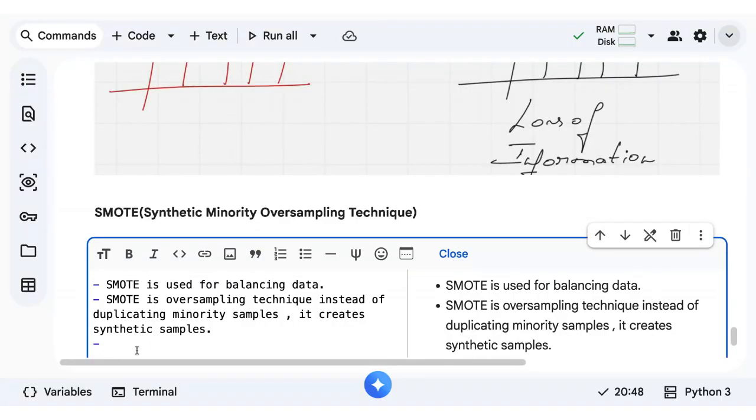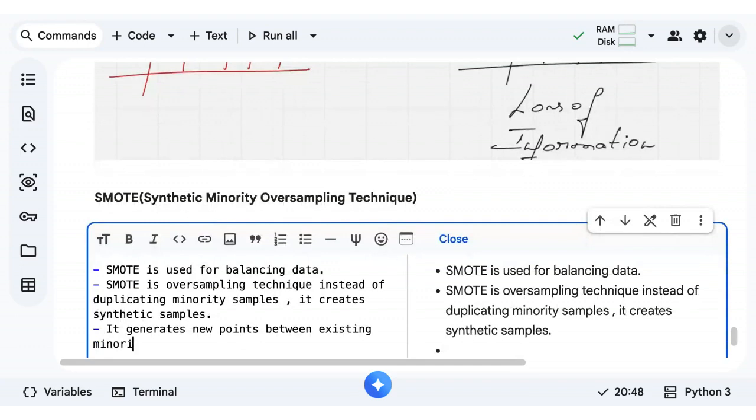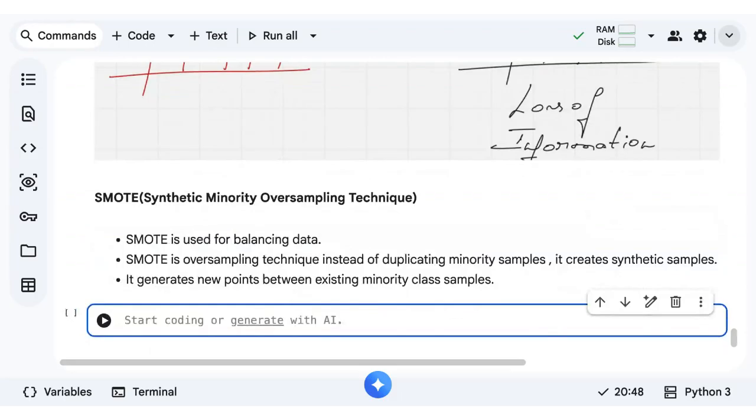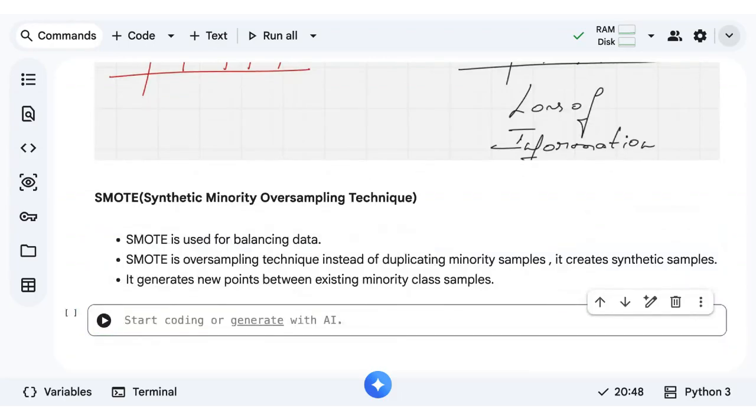It generates new points between existing minority class samples. If you have any two observations, in between them it will generate one more. It's not duplicating, rather it's creating new ones. Understood? Hope it's clear.